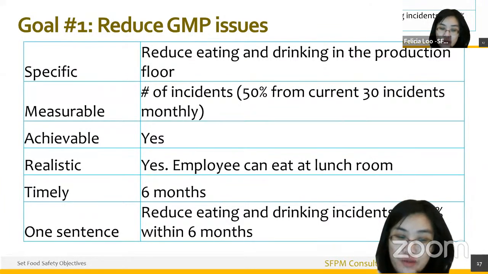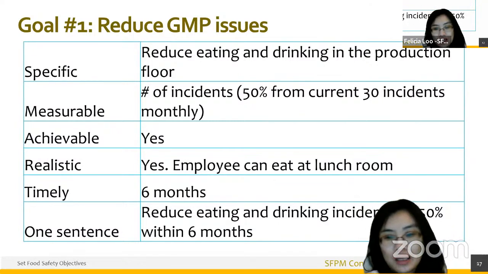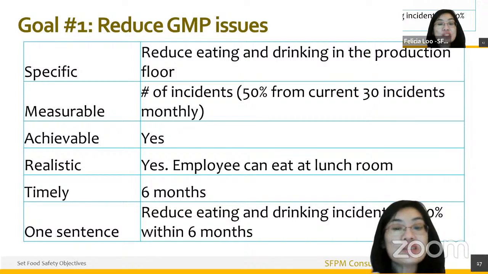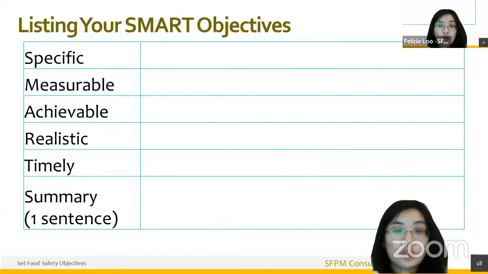And what I do afterwards is put them into one sentence, which is: we are reducing eating and drinking incidents by 50% within 6 months. Sorry about the hidden information, but we're reducing eating and drinking incidents by 50% within 6 months, the ones that we can record. All right, so given that a little bit of a sample here, we'll be doing your SMART